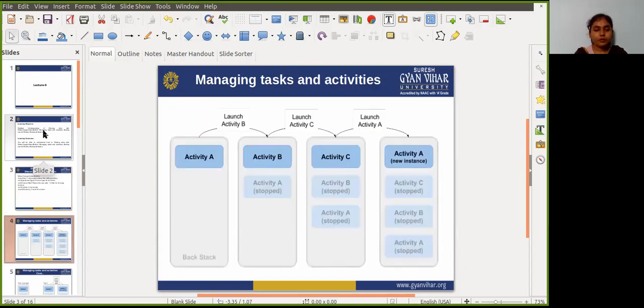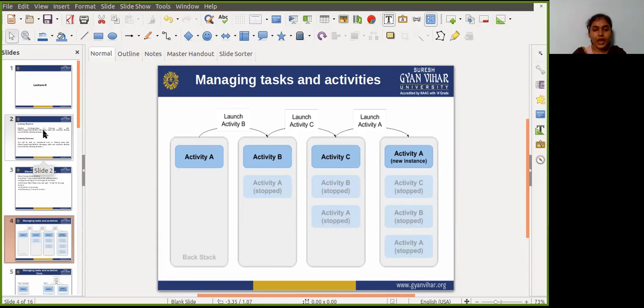So next one is managing tasks and activities. It lets you learn about tasks and the back stack, in which the stack for your app contains its own stack of the activities the user has visited while they use the app.